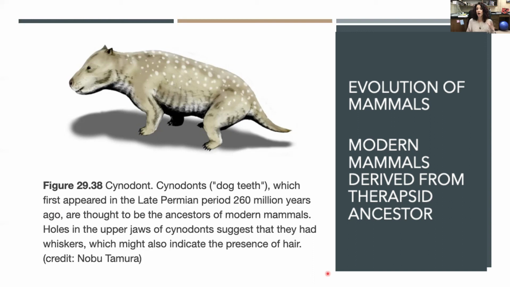The early non-mammalian synapsids could be divided into two different groups. We have the pelycosaurs and the therapsids. And within the therapsids, a group called the cynodonts are thought to have been the ancestors of all living mammals. So this little thing right here, that is the earliest mammalian ancestor to all of the mammals that are alive